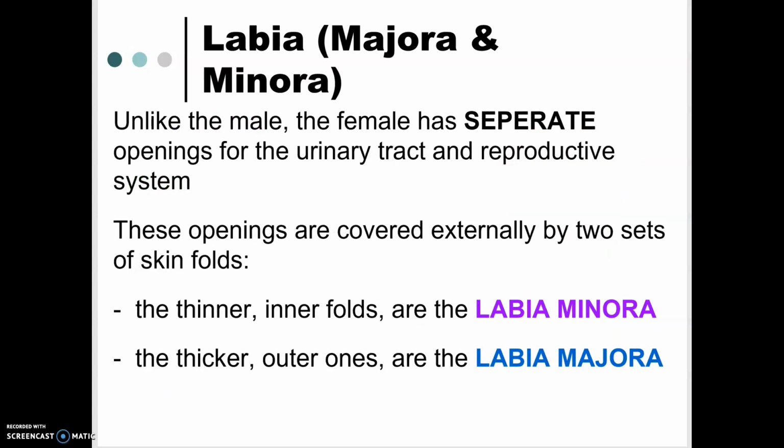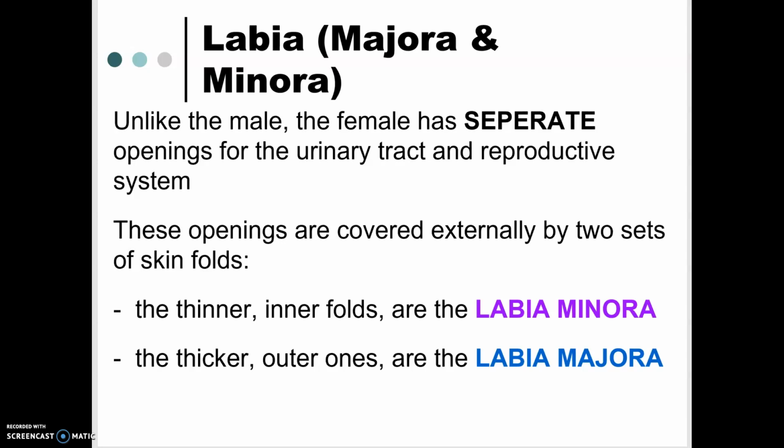Now, unlike the male, the female reproductive system and urinary system have separate openings. So the male has the urethra, which is involved in both the reproductive system and the urinary system. For the female, that's not true. There are separate exits for each one. The urethra is separate from the vagina, and these exits are going to be covered externally by these tiny skin